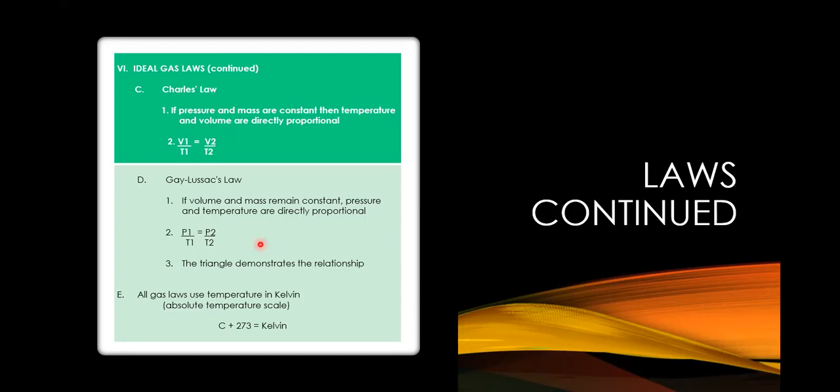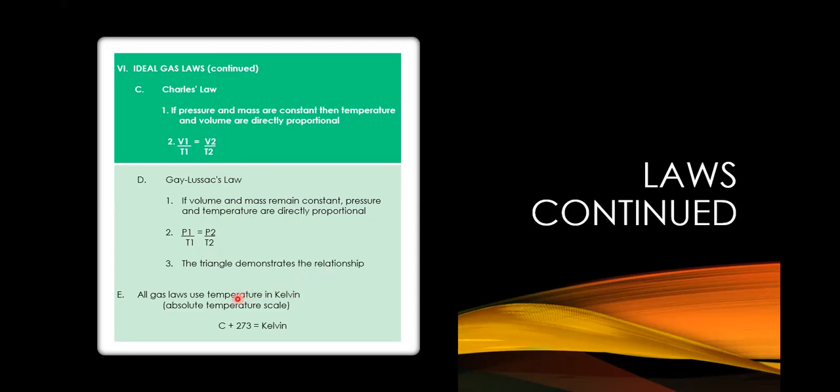Good? All right. So make sure you guys write those triangles down on something and memorize that, okay? Who you talking about? When the question says, because it's going to say if volume and mass are constant, then pressure and temperature are directly proportional according to who? You need to say, oh, that's Gay-Lussac, okay? And then it may say if pressure and, I hate this, mass are constant, then temperature and volume are directly proportional according to who, right? That's Charles's law, okay?